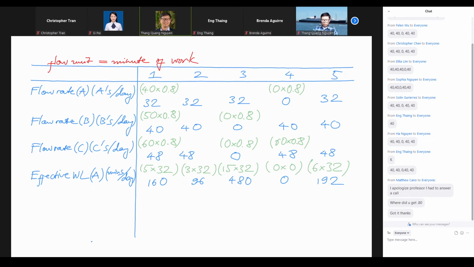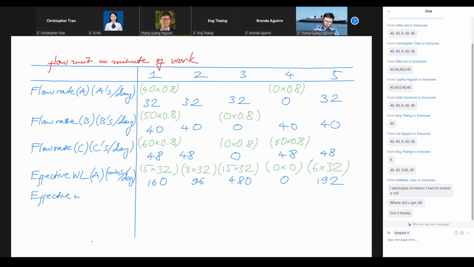So these numbers mean the following. The workers at station 1 actually spend 160 minutes on the 32 ice cream. At station 2, the workers actually spend 96 minutes on those 32 ice cream. All of these are for the ice cream, the actual minutes of work, or the actual work time, to cook product A through. By the same token, we're going to find out